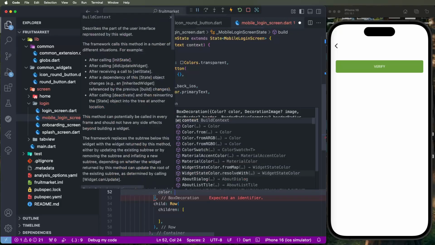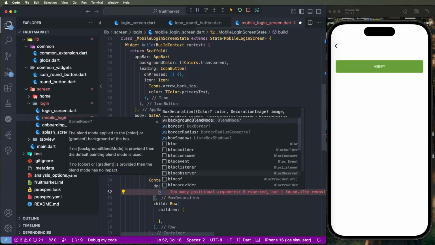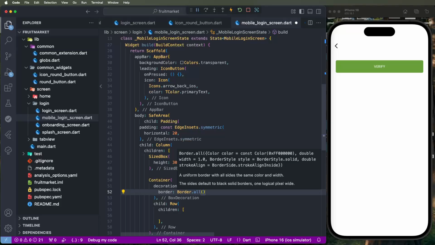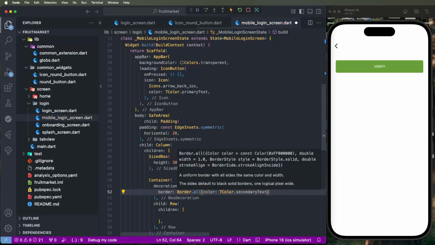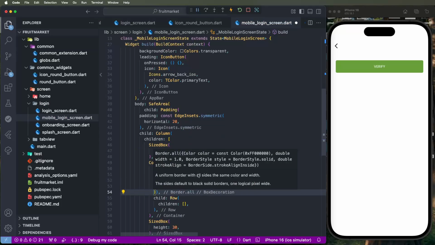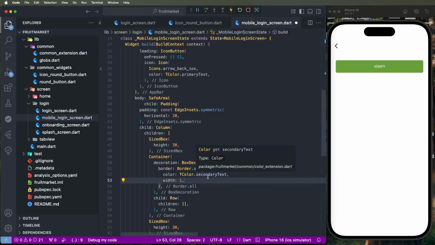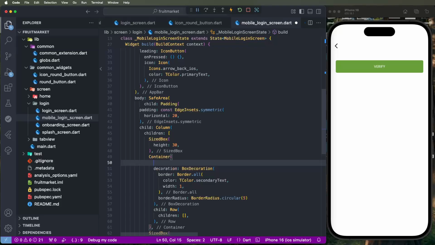Set here the color, border radius. All borders need to set the color, the secondary text color, and give this the width of 1. And then after, need to create the border radius circular. We need to set this here the pi, and we need to give this here the